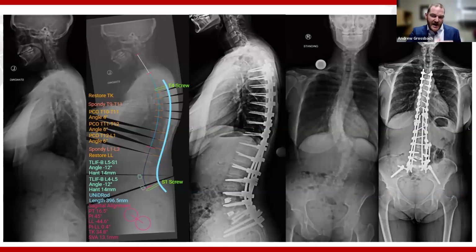And so you can actually use reduction towers just to pull that patient's spine that's now very mobile, right up to the rod, lock them in place, and you're not going to overcorrect. And so that's why I showed this case where I think the patient-specific rods are very helpful, to avoid